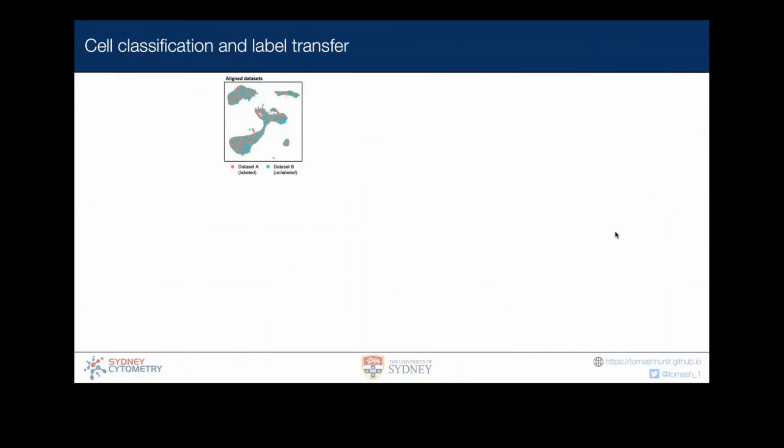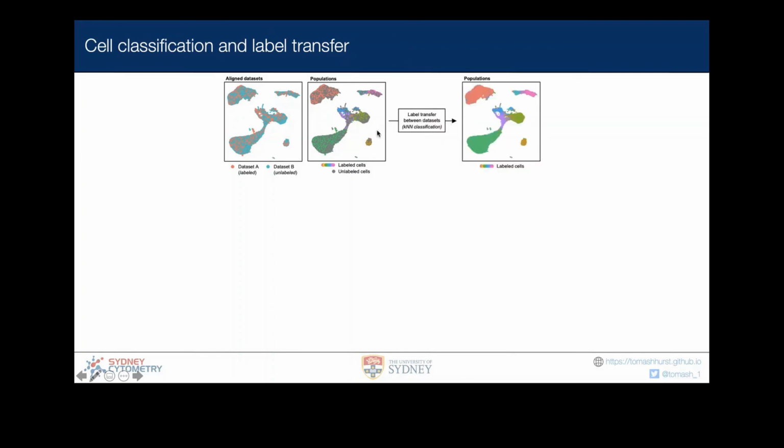What this means is that if we have, for instance, two data sets, in this case one is labeled with cell types and the other isn't. Let's say we've got a reference data set which is pre-labeled and a new data set, let's say from a COVID patient who's just come in. We can use a label transfer system with a classifier, which we'll talk about in a second, and we can fill in the blanks essentially. So now the gray cells here from dataset B, which weren't labeled, have become labeled based on, in this case,